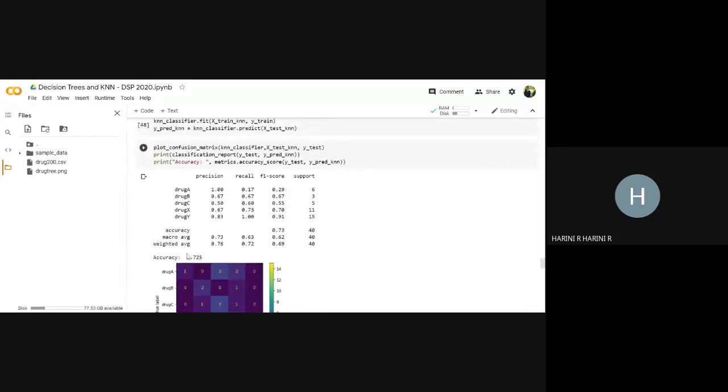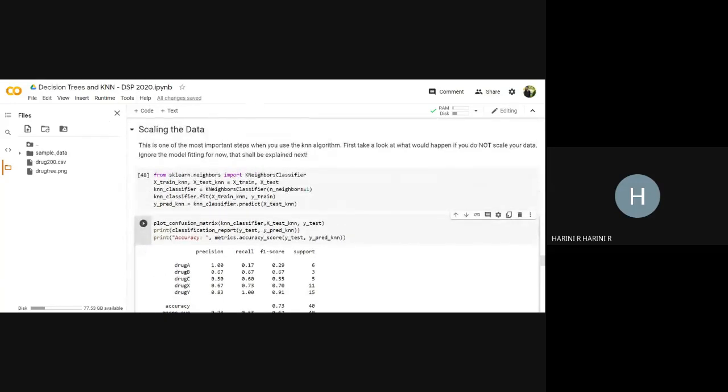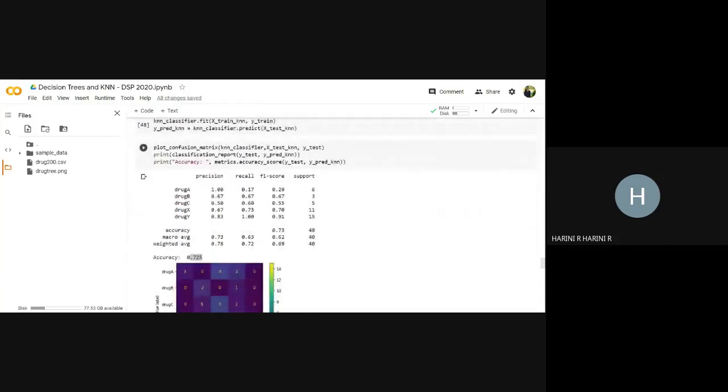Okay, so here we see that the accuracy has fallen quite badly. It's 72. If you recall, in the decision tree, we got 95%. So why is that? That's because we have not done this thing called scaling. So what is scaling? Before I get to that,